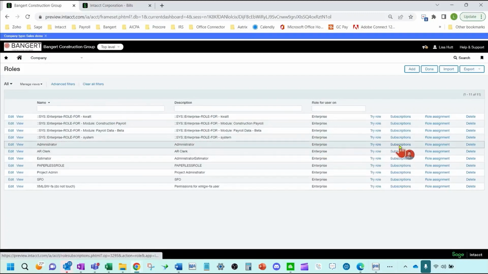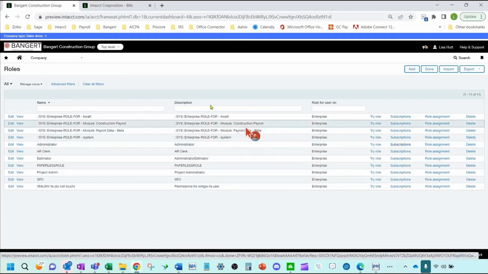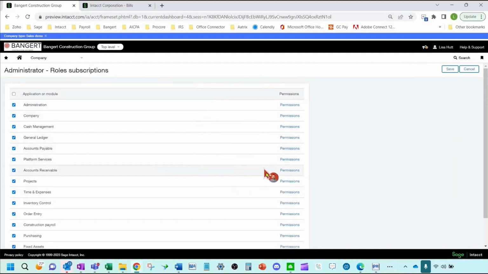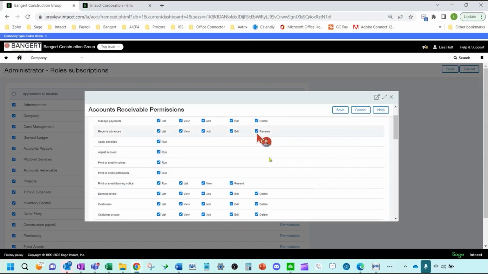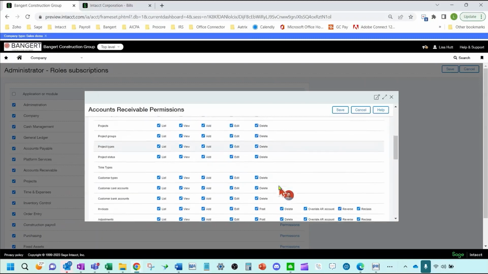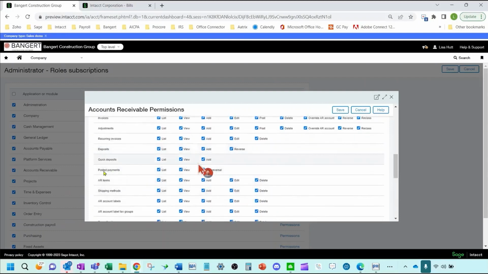And under subscriptions, you'll notice in accounts receivable, if I click on permissions, under payments, posted payments, you're going to have a new security item called edit reversals. So even if you do enable it, you have the ability to secure it out and only let certain individuals be able to edit that reversal date.